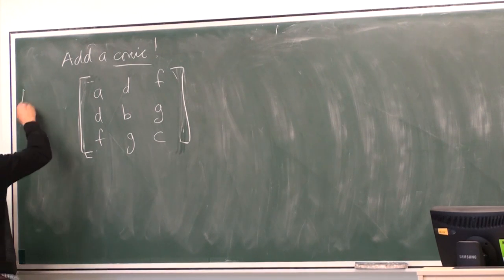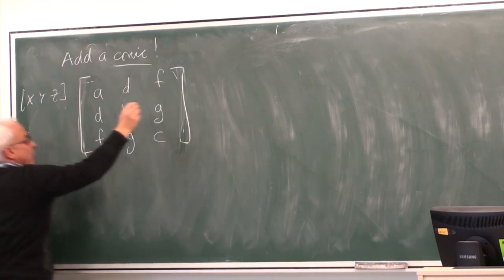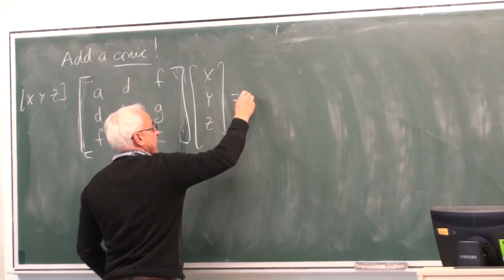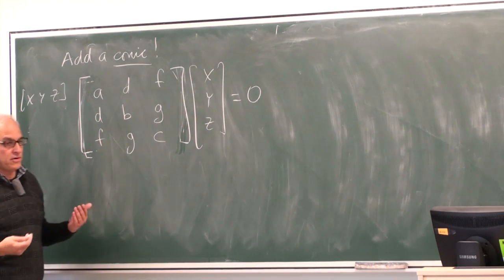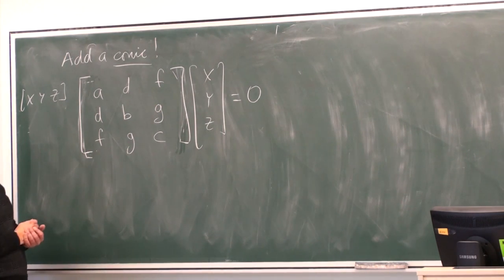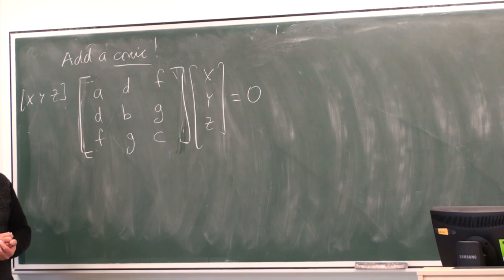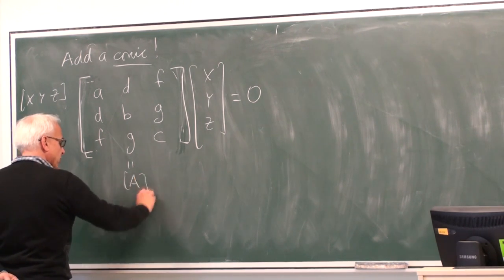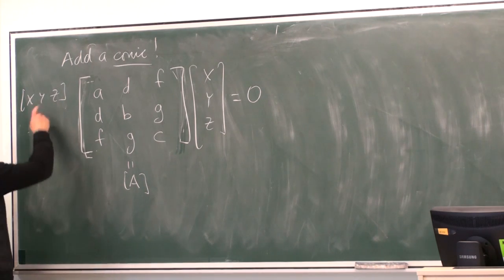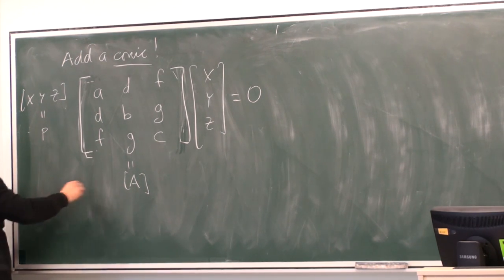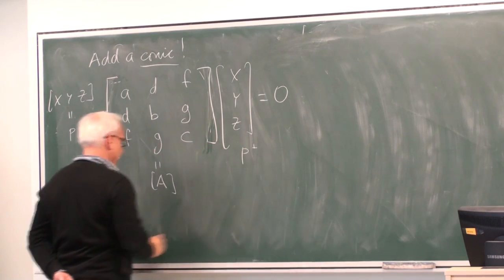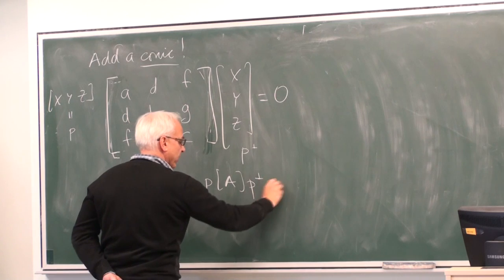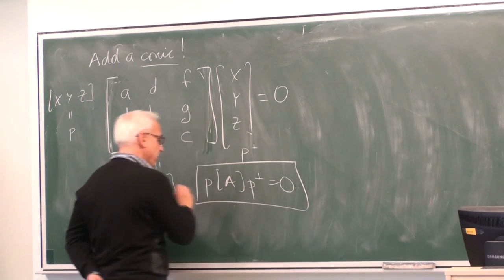So if I put an x, y, z over here, and an x, y, z over here, and set that equal to 0, then I get the standard homogeneous form for a conic that we talked about last time. Let's call this matrix A, a projective matrix A, and this thing here might be P and P transpose, so we're talking about P times A times P transpose equaling 0 as an equation for our conic.